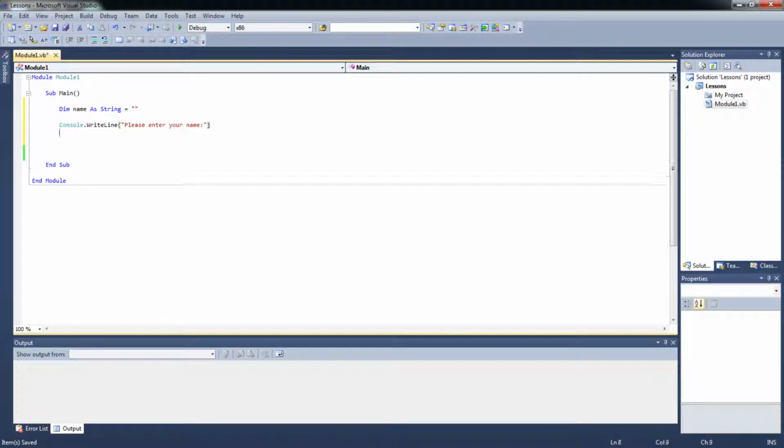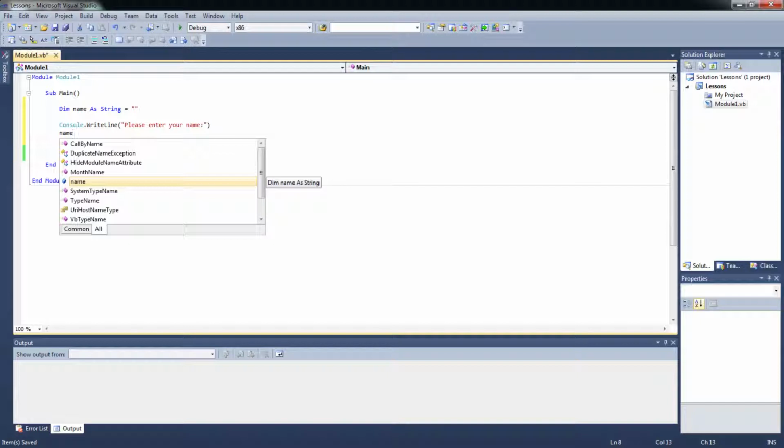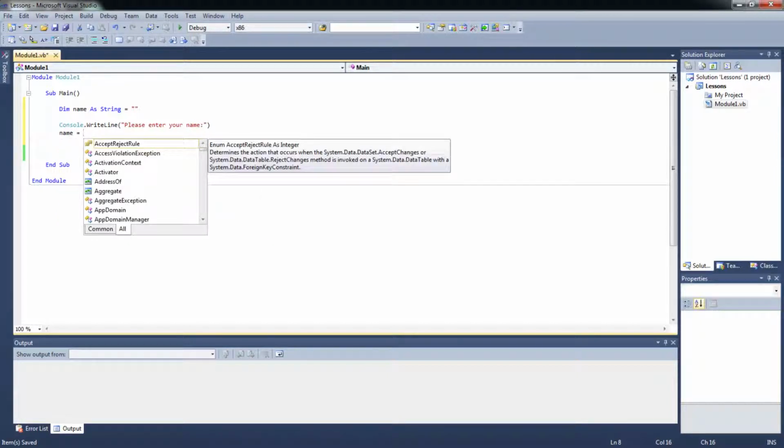Then close the brackets and hit the enter key. And then you want to save what the user is going to type into name. So what we do is name, which is our variable, it's equal to, and then we want to let the user write something on the console. So exactly like we did in part 1, we're going to type in